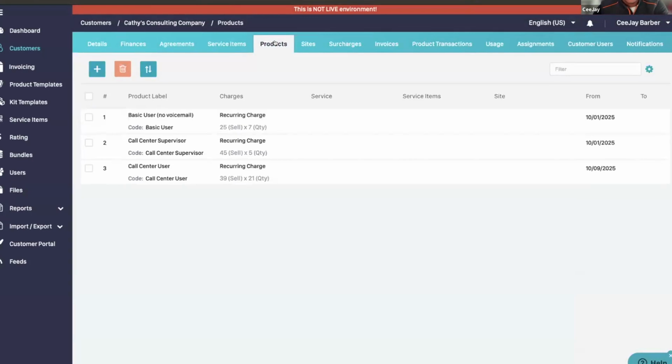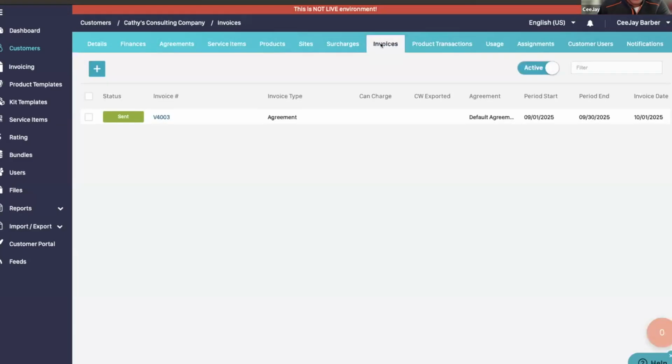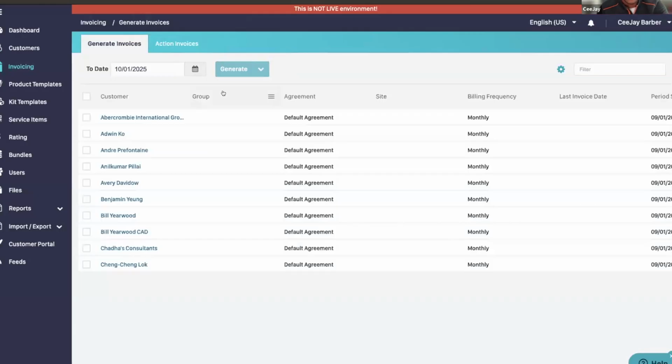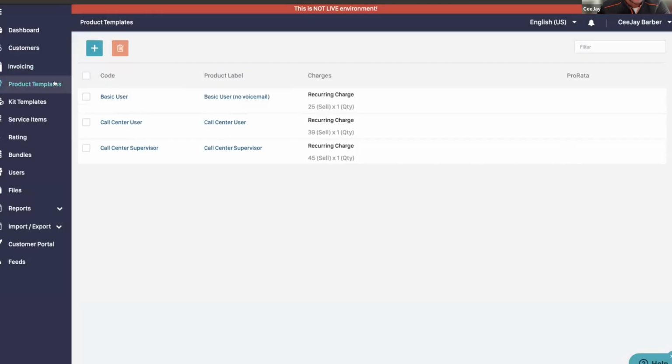And then ultimately that drives into an invoice, where you guys can see your invoices on the customer account here as well. We have them color coded, so it's green, so that means it's sent. And you can also see your agreements, not only on the customer account, but holistically across your entire platform. So if I was to go to the date and click the first of the month, you can see all the invoices that are ready to go out and be sent to the customer.